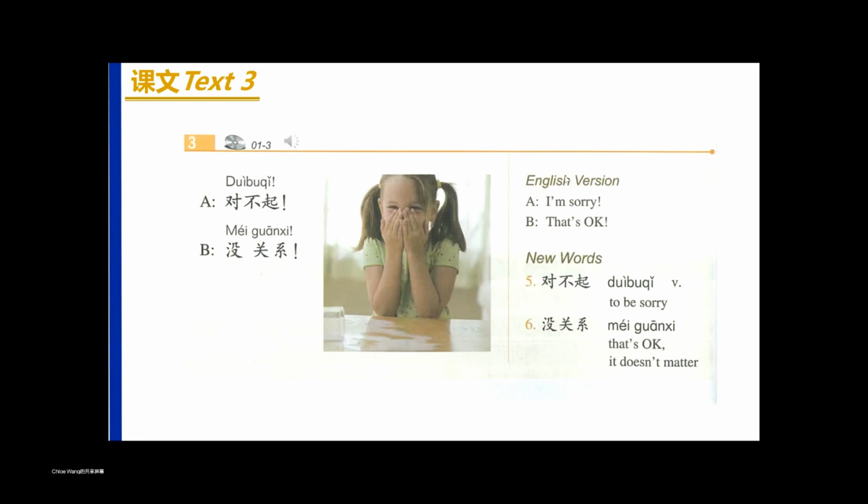And this English version is not exactly refers to the Chinese meaning. What we are learning here is in which situation, in which conversation we use all these conversation or sentence. Text 3. 对不起, 没关系. New words. 对不起, 没关系.